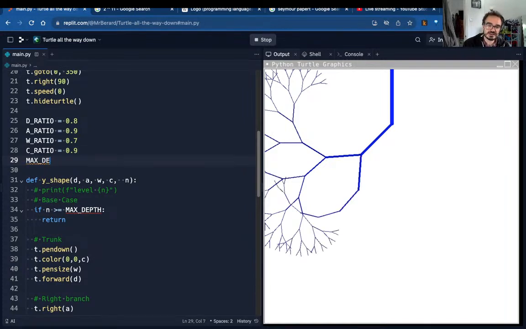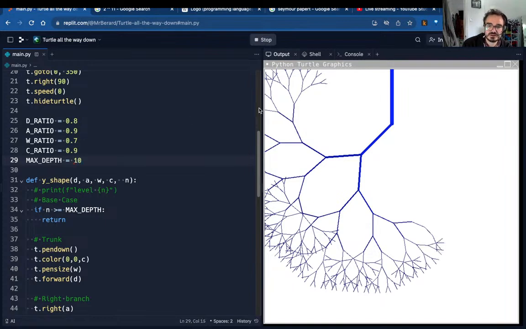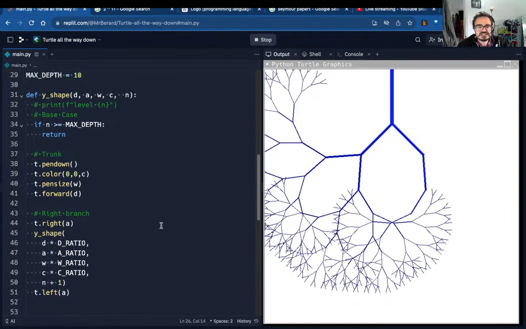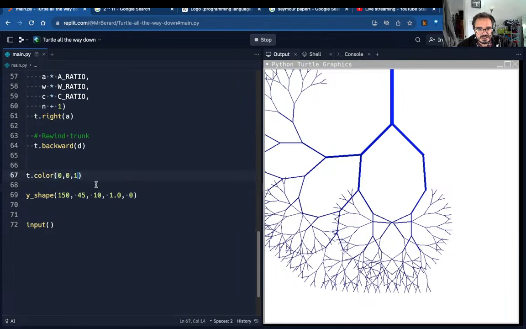But literally every time it's an extra generation, we are doubling the total number of calls to Y shape, the total complexity of the algorithm. It's exponential in an instance, a geometric progression. Max depth equals 10. Look, my blue tree. The branch is subtle, but the branches should be getting darker. I could also start it at 0.1